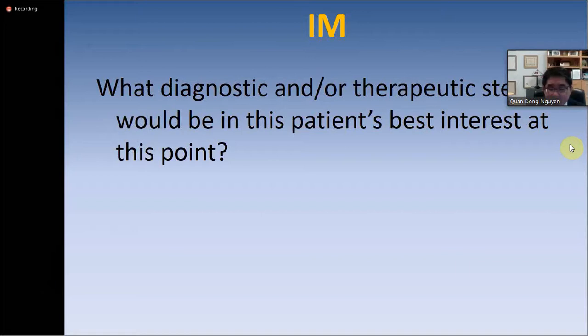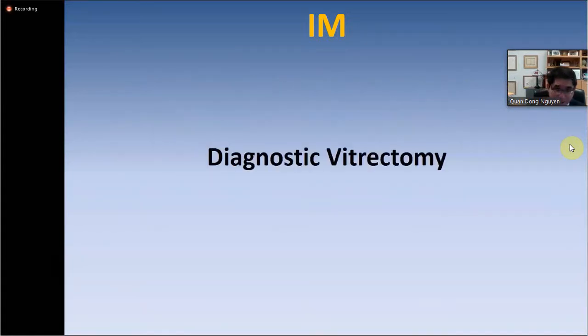Okay, if you do a diagnostic vitrectomy, then what would you be looking for? I assume you would send the cells for flow. Okay, that's important because obviously we want to look at the composition of the vitreous, right? So that is important in this aspect. So yes, we will go ahead and proceed. And so in this case, the diagnostic